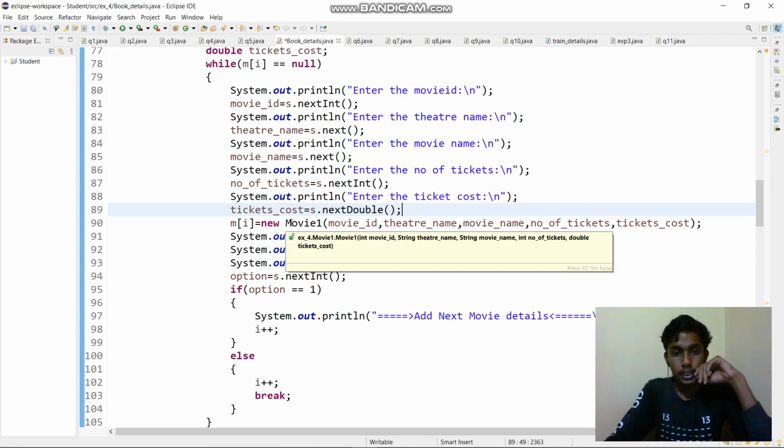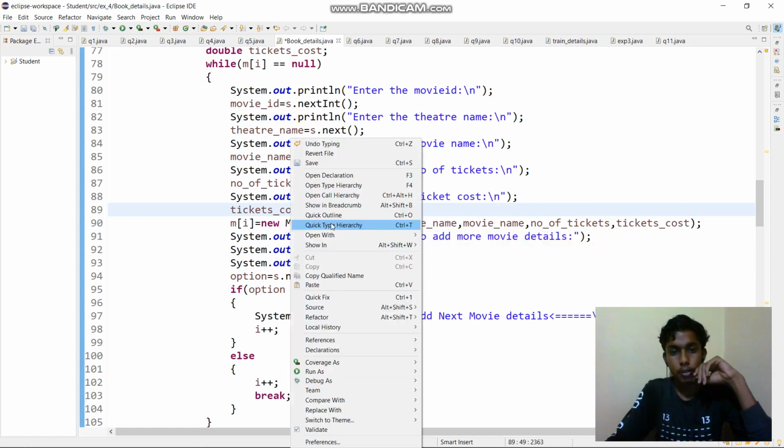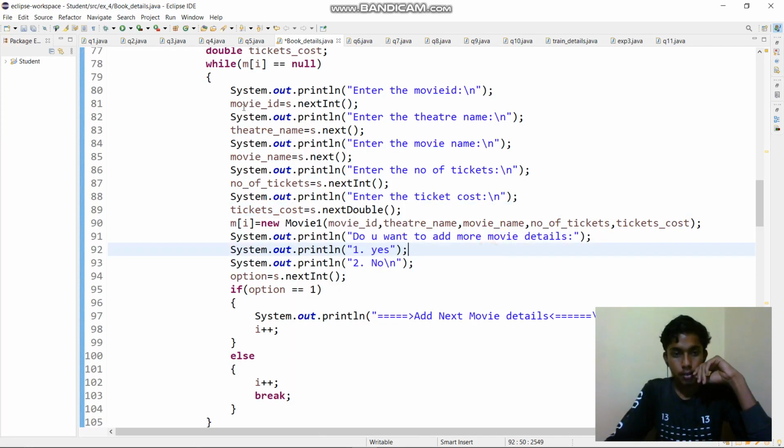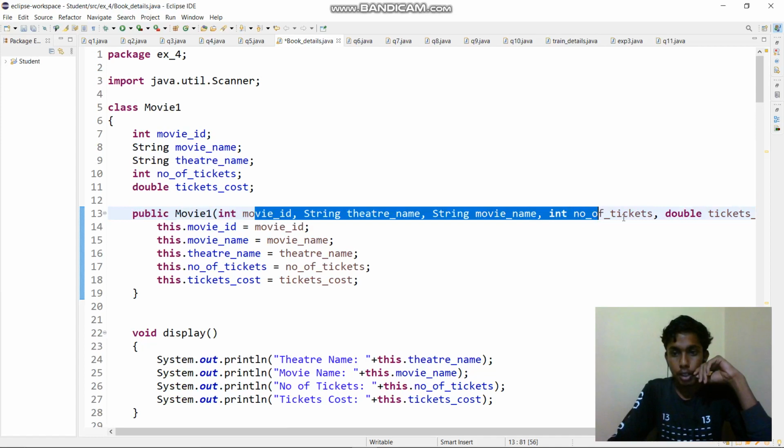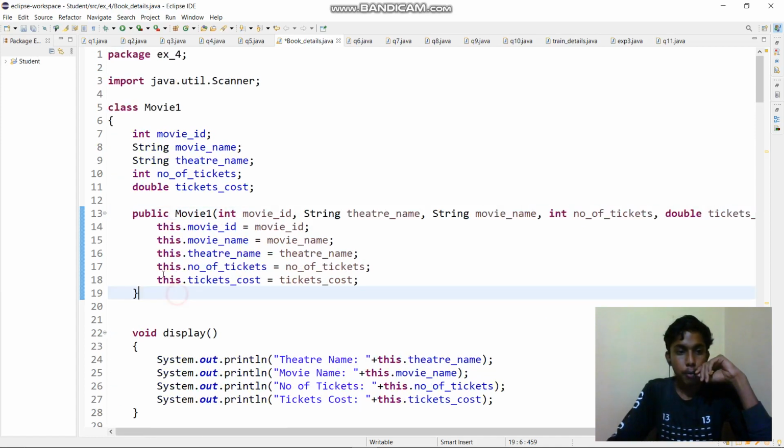So I'm passing in the constructor the variables we created and got from the user. After the compiler sees this statement, these values are passed to here. I created one constructor Movie1, it gets the movie ID, the movie name, and the other things, and it will perform this. What is this movie ID? This means this is a keyword,